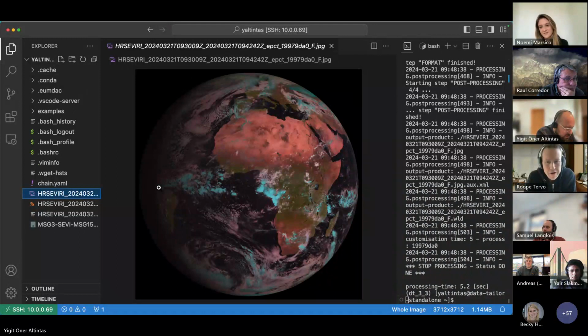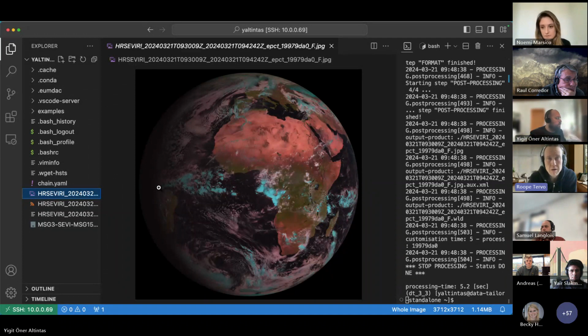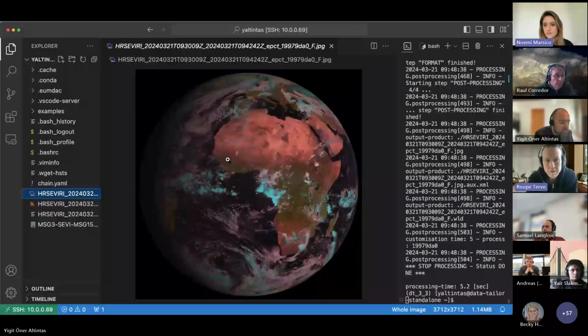Yes. The default answer is that when some data is available through the nominal data services, meaning Data Store and using Data Tailor, possibly in EUMETSAT's case, then we normally don't copy the data into the European Data Cloud buckets. But having said this, we are also very keen to get your feedback. So if there is some use case for such a bucket and why that bucket will be needed,